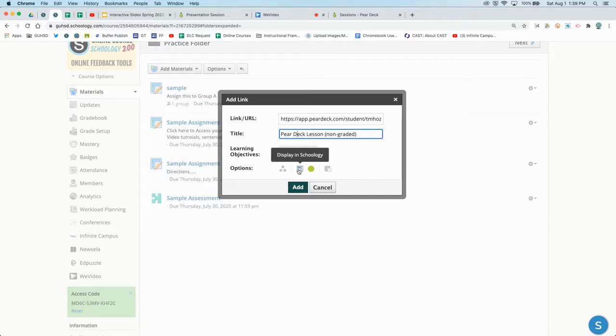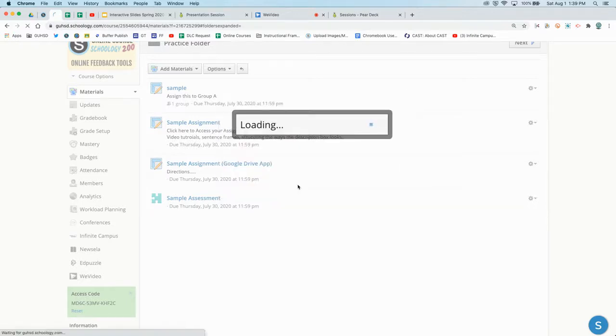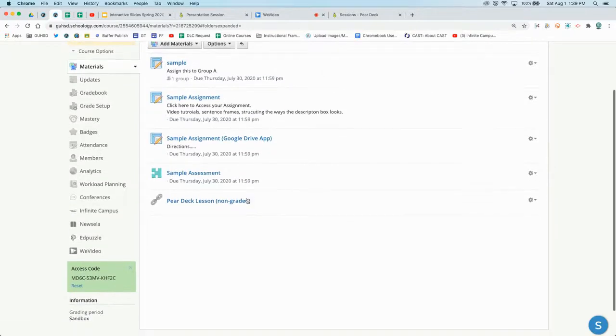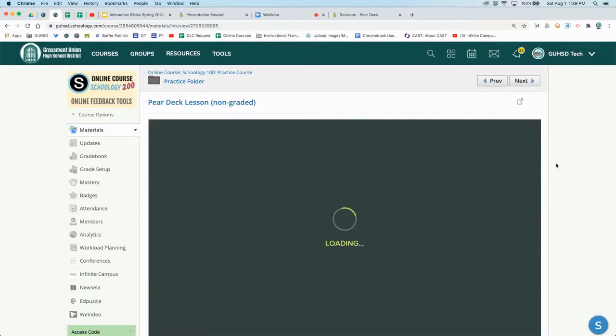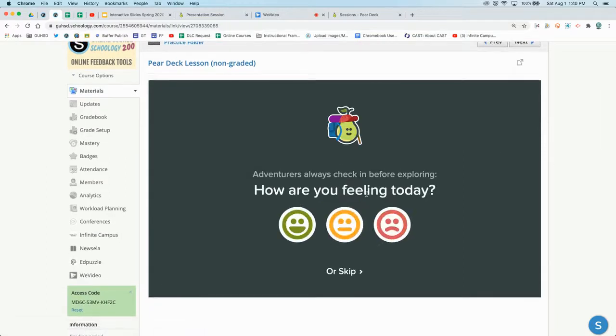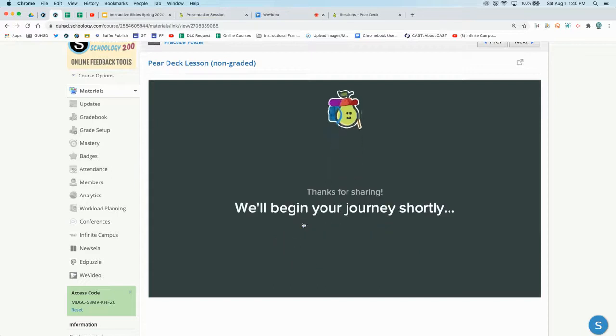Again, using the link option that we just did is not going to create an assignment within the gradebook itself. We're going to leave everything else alone, display in Schoology. We're going to go ahead and click add. And we see the Pear Deck lesson showed up. Your students will go to this link in their Schoology. Pear Deck is now embedded within here, and so we see some familiarity. It's just like it would be if the students were outside of Schoology itself, but now everything's centralized and streamlined